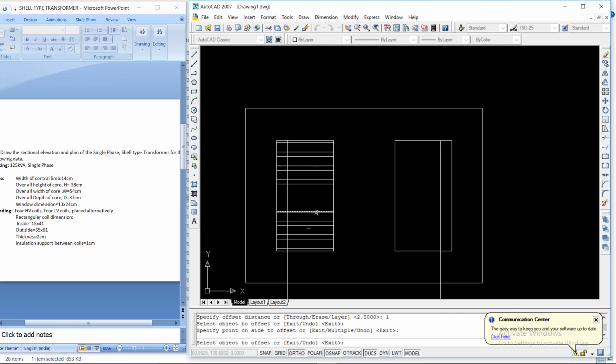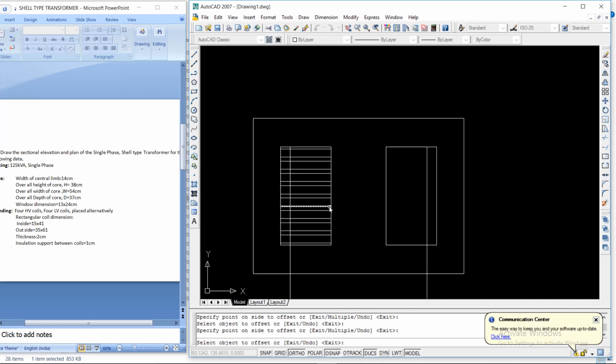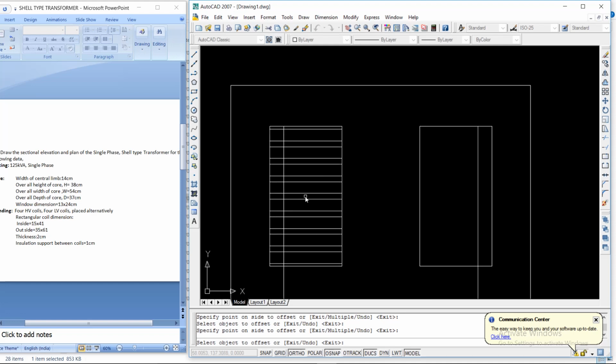Click here, click here. Again offset, coil thickness 2 cm, enter. Click here and click here. So this will complete your HV coil, LV coil, with insulation in between also.